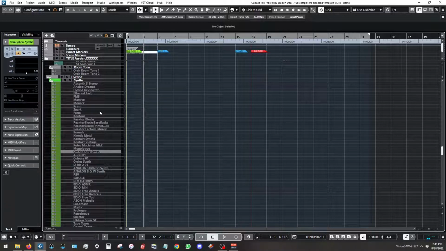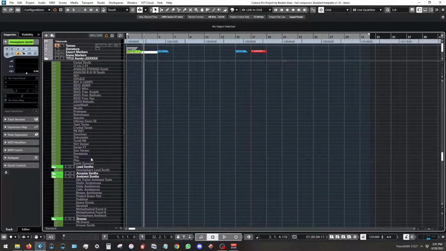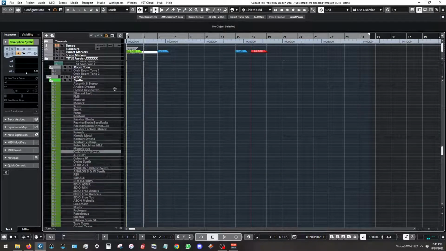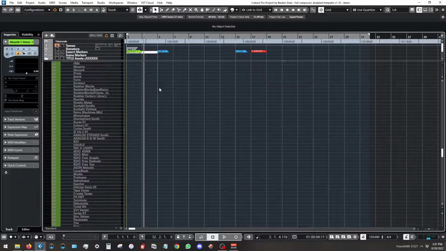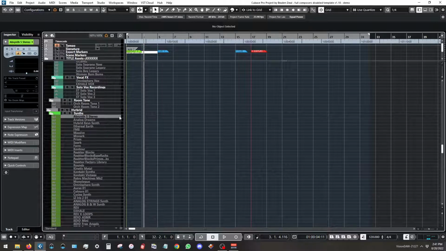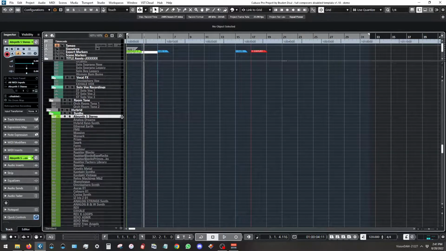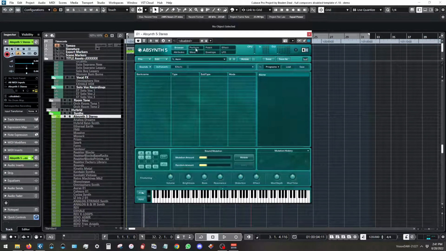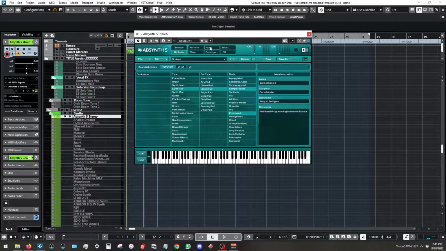And so I'll have lots of these, they're not organized down here like these are. There's a few that are organized, but mainly everything starts off without being in a category like lead synths or ambient synths. So I'll quickly preview what I'll do. So if I want to go into Absynth and there's some sounds in here that I want, let's see, I will go to